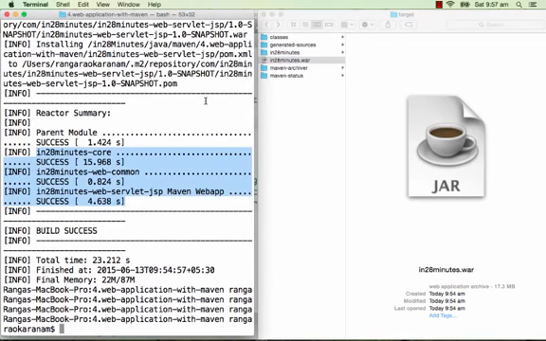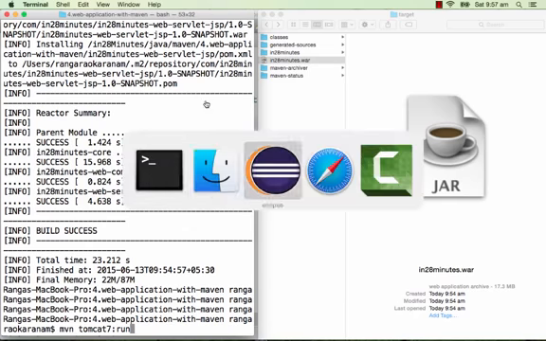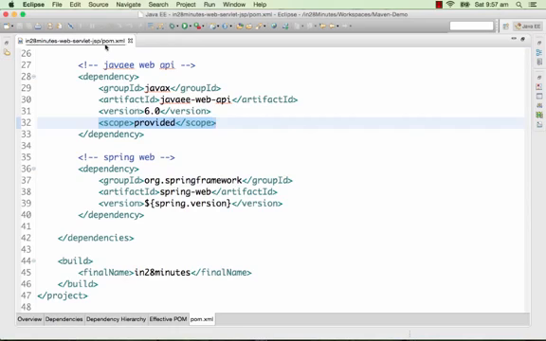How do I do that? So the way I would run that is by using mvn tomcat7:run. The thing is, I have a Tomcat 7 plugin configured as part of our project. So if you go ahead and look at the